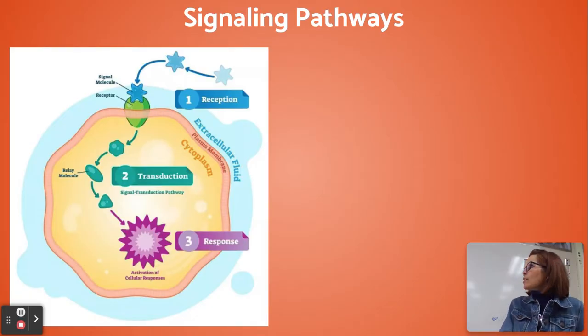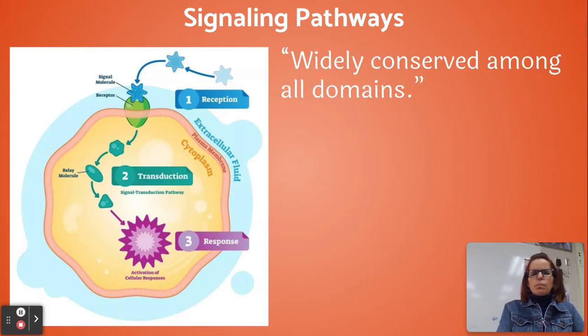Okay, so just reminding you, we're talking about cell communication first and about signaling pathways. There are 3 words that I want you to try to remember, and if you can just have those words, you've got a good start, which is just the letters RTR: reception, transduction, response. If you haven't written those down, I recommend writing them down. That's basically what's happening when we're talking about cell communication.